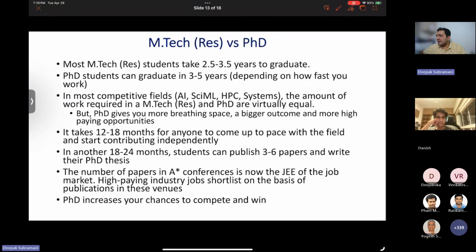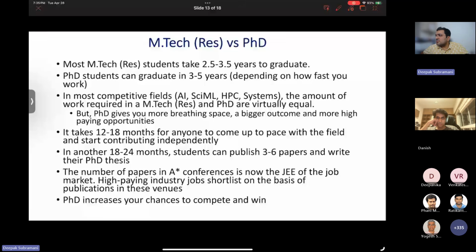Is it possible to join as an MTech research student and convert to PhD? Yes, it is possible. Are MSc mathematics students eligible for DREAM, Mars, NLP, VAL, VCL? Eligibility wise, maybe not. That's why Professor Yogesh was saying that if you have some background that will allow you to answer those questions, you can. So in part B of the programming, please do answer the DSA questions. If you get that right and get selected, you can definitely interview with them.